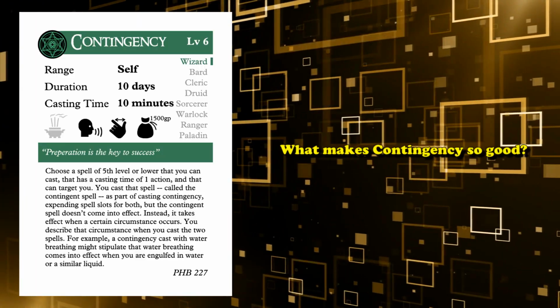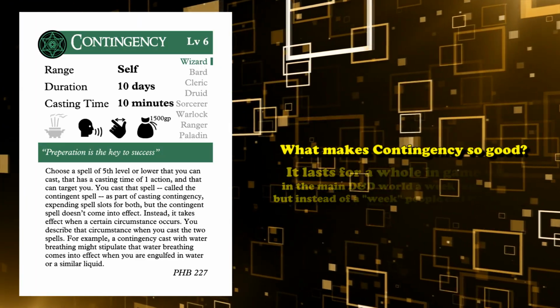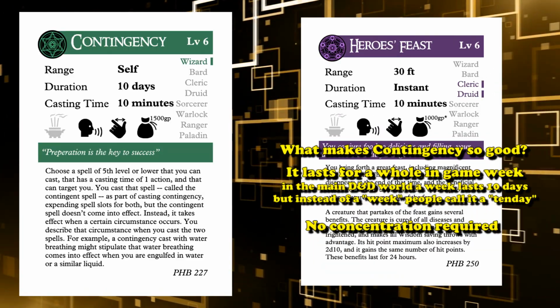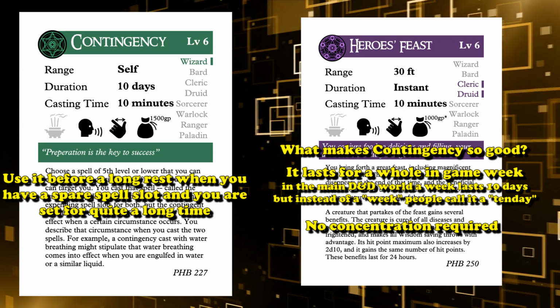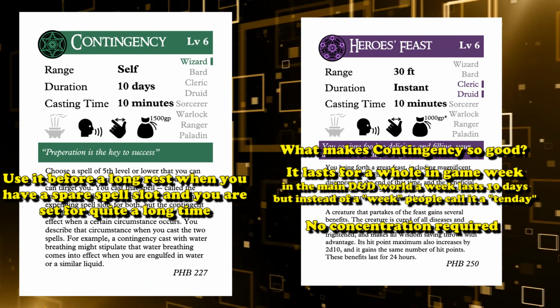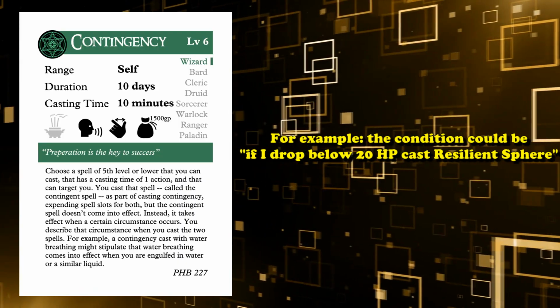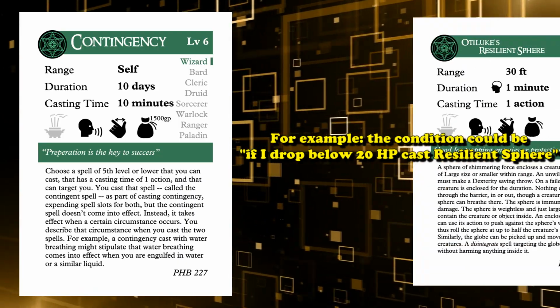So, what makes Contingency really good is the fact that it lasts for 10 days with no concentration. So just like with Hero's Feast, you can just use this on a day where you have a spare 6th level spell slot in order to set it up for later use. For example, you could create the condition that, if you drop below 20 hit points, you cast Otto's Resilient Sphere,